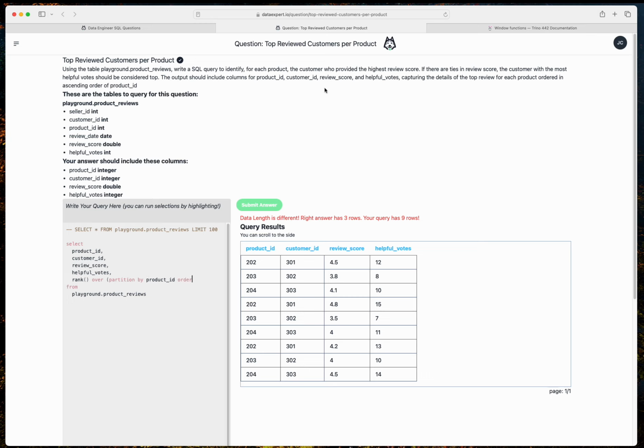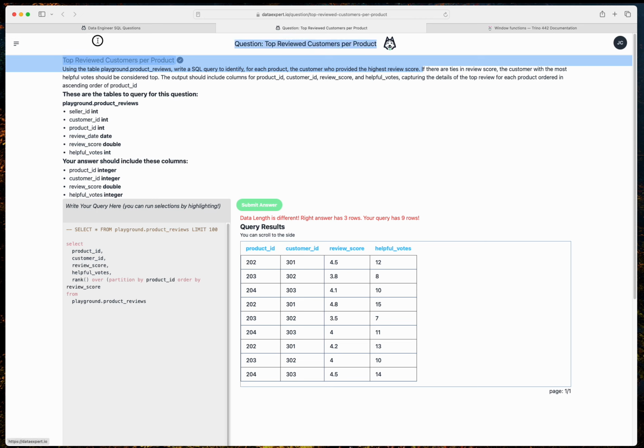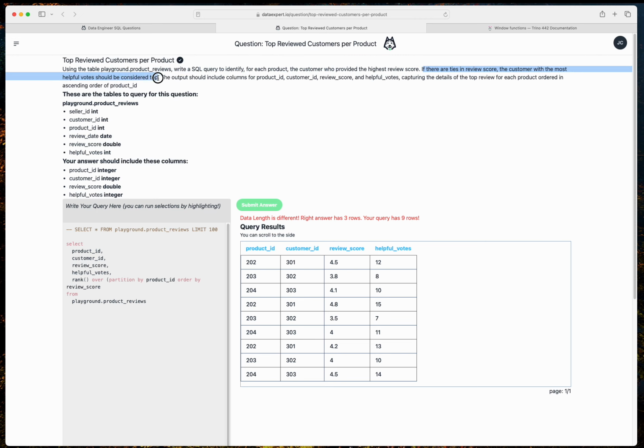Now remember earlier, we want the highest review score. So we're going to order in descending. And you'll see why shortly, but we're going to order by review score first, provided the highest review score. And then as an add-on, because we want to settle ties, the customer with the most helpful votes should be considered top. So review score descending because we want the highest value on top, and then we're going to say helpful